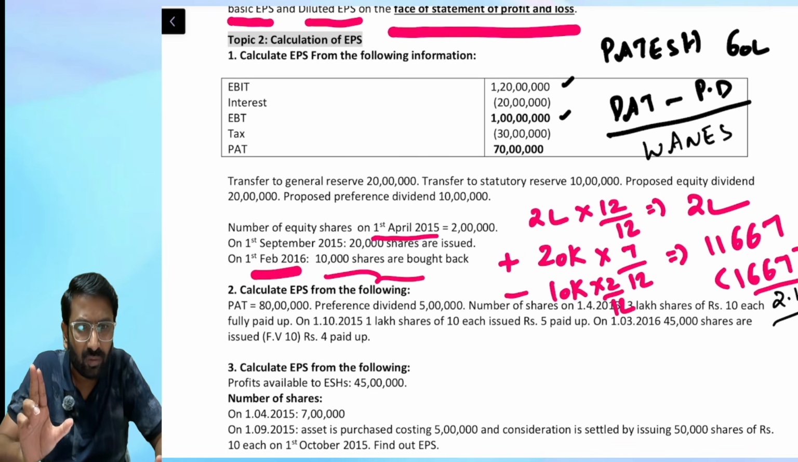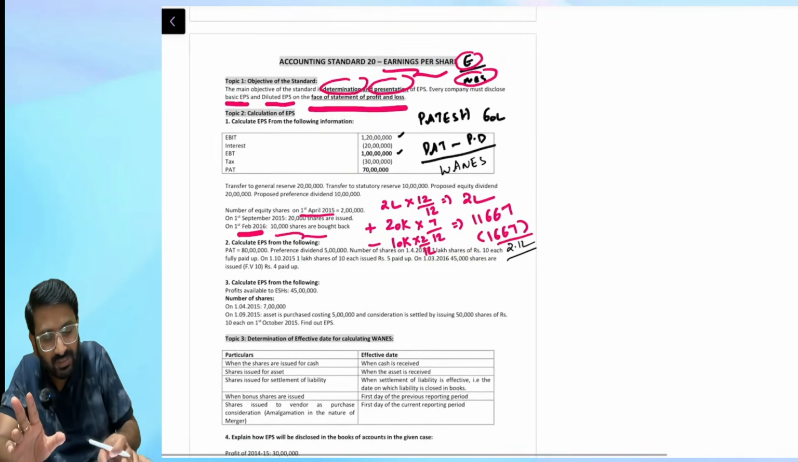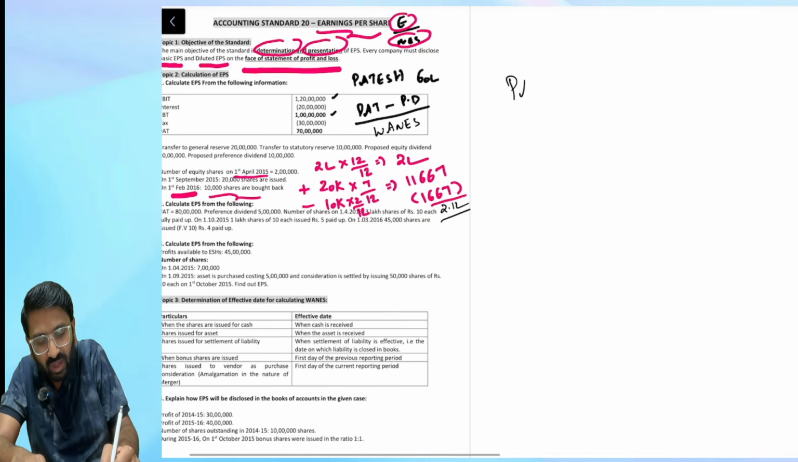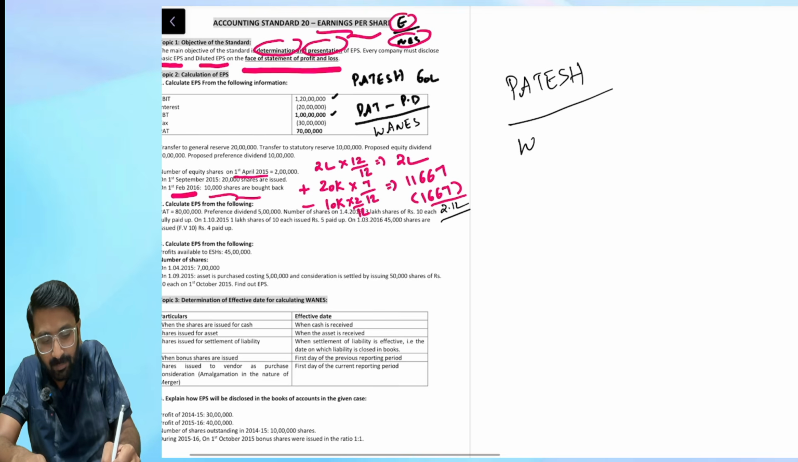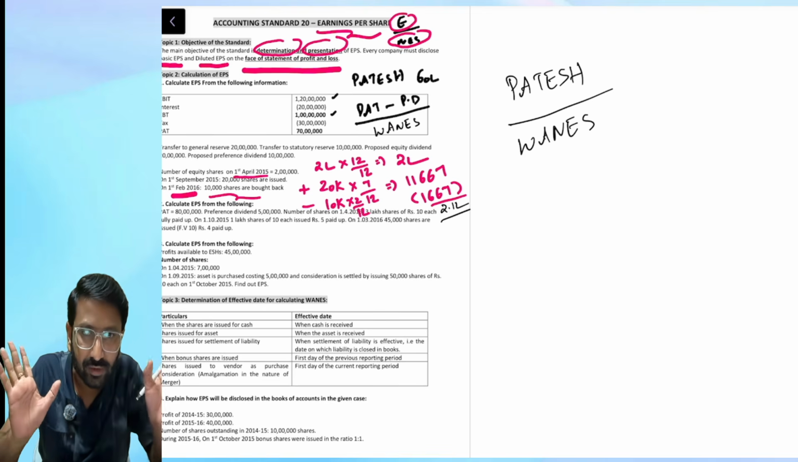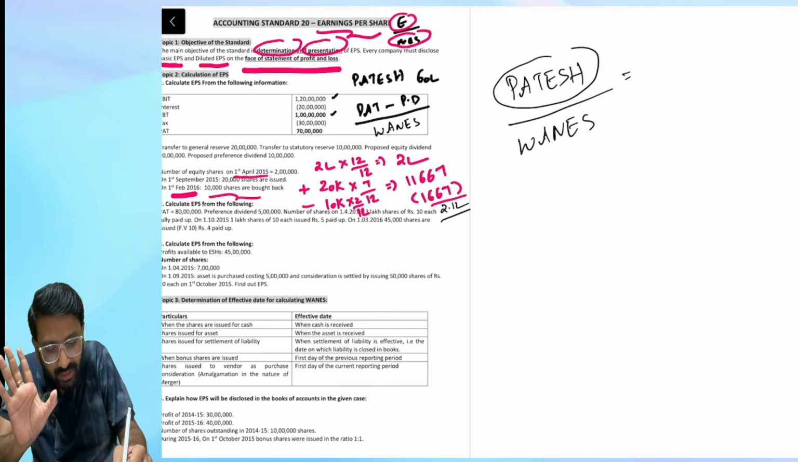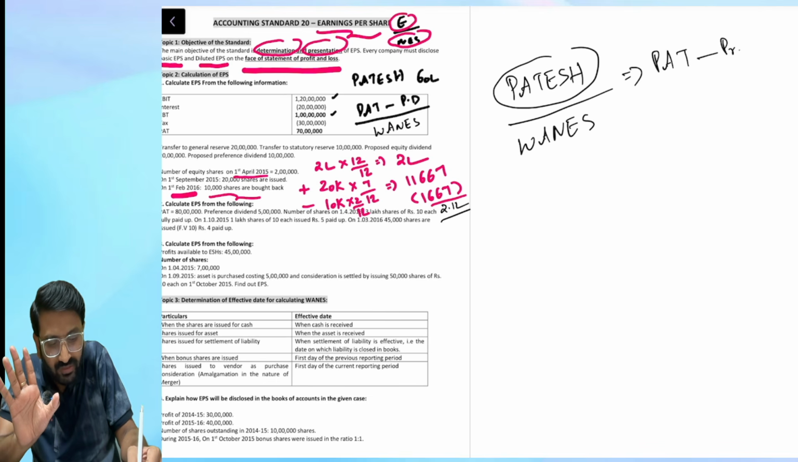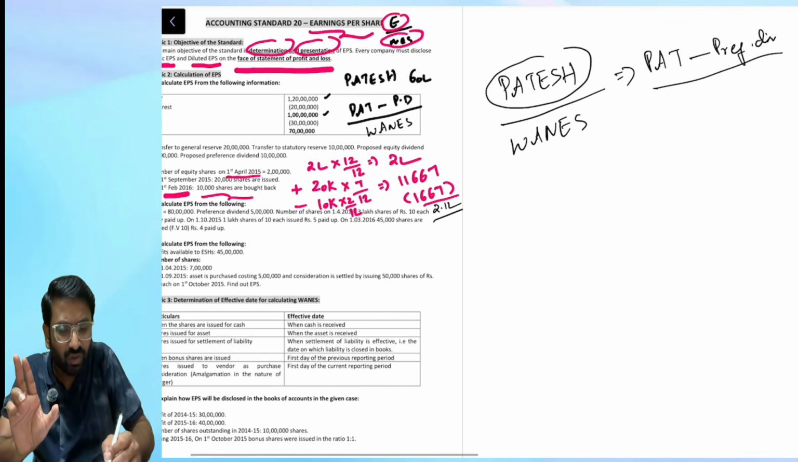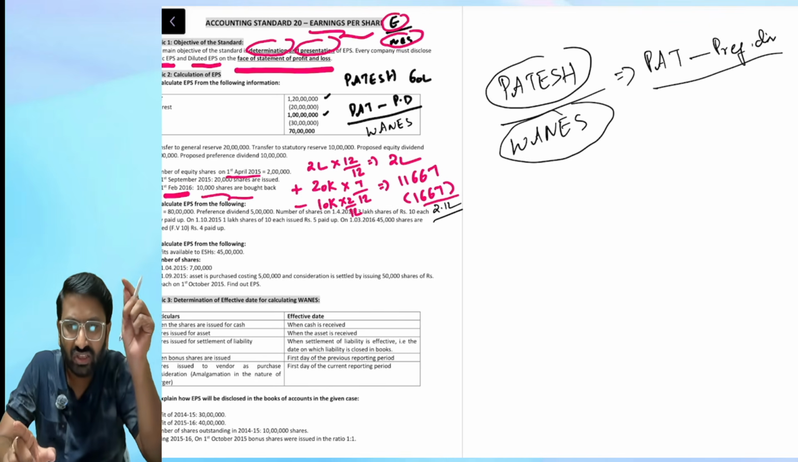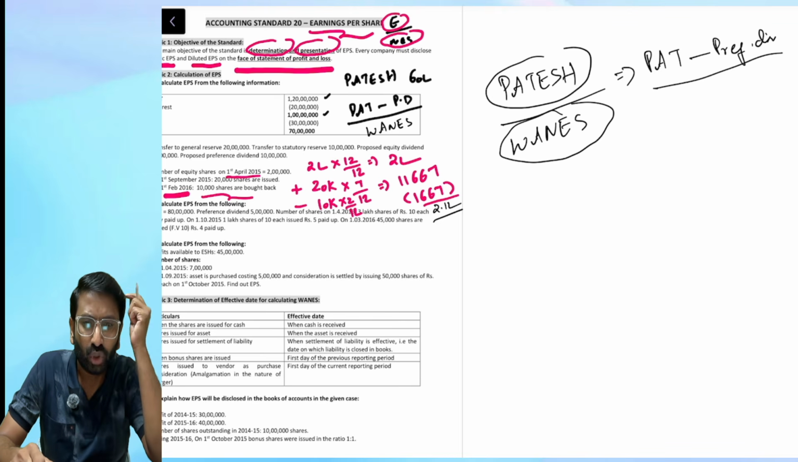So the final formula for basic EPS. How do you calculate basic EPS? Profit available to equity shareholders in the numerator divided by weighted average number of equity shares. This is the final formula. Is that clear? And when I'm taking the profit available to equity shareholders, how do you get that? From profit after tax, only preference dividend should be eliminated. That's all. Divided by the weighted average number of equity shares, where you should consider the